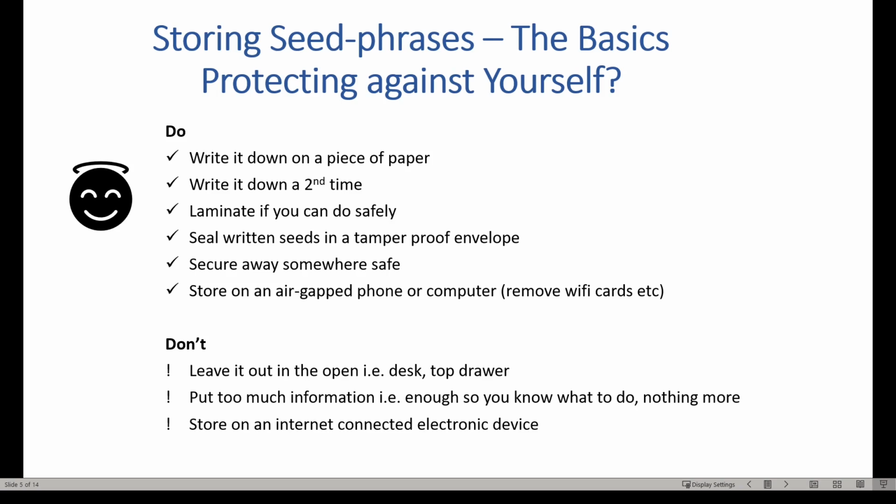on the piece of paper. Like if you just write down 12 words and you put enough so that you know what it relates to, or in the case that something bad happens to you, enough information so that the people that follow you know how to access the funds, that's great. But don't go writing down, okay, I've got this much money and it's on this device that I keep in my left back pocket, and this is the PIN code to the device. So put down just what you need to be able to identify what that is for, so that should you need to restore it, you can.